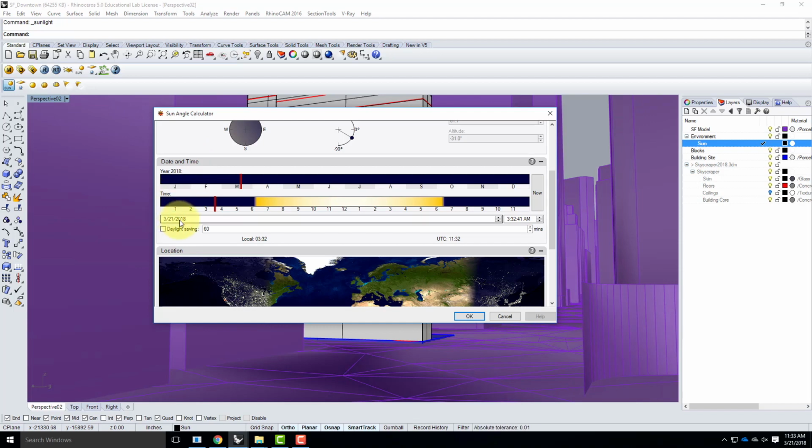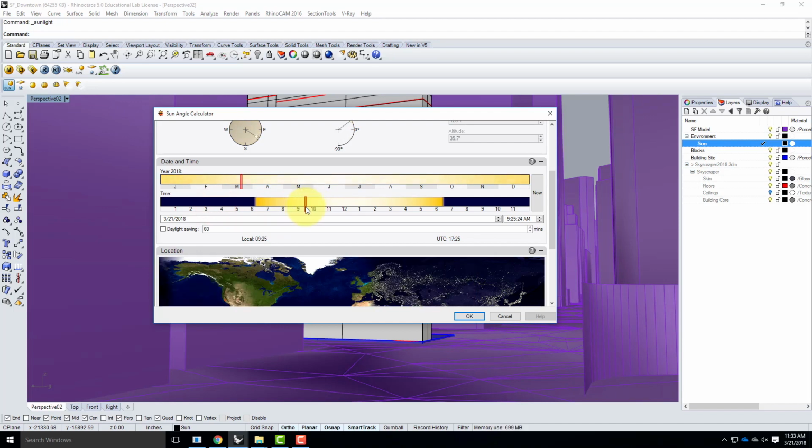So it's currently set to today, which is fine, but the time is about 3:40 in the morning. So let's fast forward a little bit and make it about 9:30 in the morning. I could specify an actual specific time in here. I could say 9:30:00, for example. It's also currently daylight savings time, so I can click on daylight savings time and it'll shift the